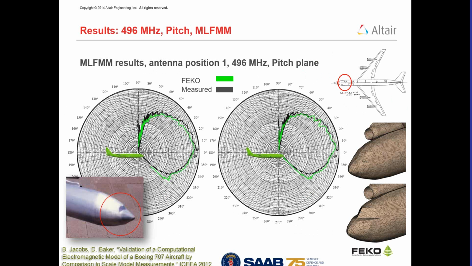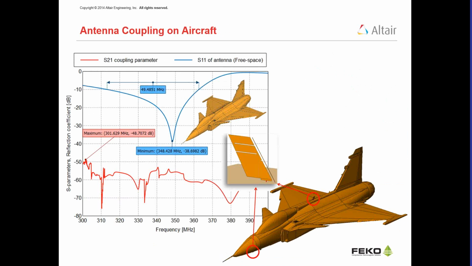So speaking of cosite interference, FEKO can also do coupling calculations with various antennas. FEKO actually has a capability: if you have, let's say, 5 antennas that you want to compute, we can go ahead and compute a 5 by 5 S matrix to show the coupling between all 5 antennas. In this case, we're just showing 2. The top one is a blade antenna for VHF frequencies, and the bottom one is the same type of blade